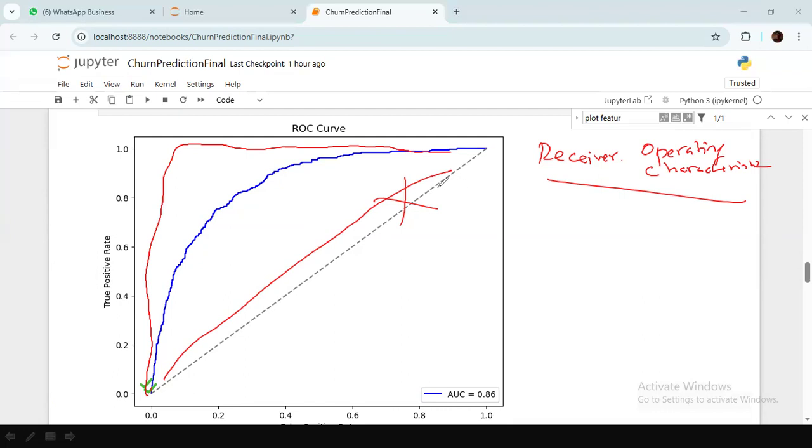What is the diagonal line? If I don't fit the logistic regression model and I make a random guess, that is what it shows here. But after using a classifier like a logistic regression model, what is the improvement in identifying the churners compared to the random guess? What is the purpose of this model? How well does the model help me in identifying the churners? A random guess is very difficult, right? You just look at some customers and make a random guess. So this basically tells us, with the model versus without the model,